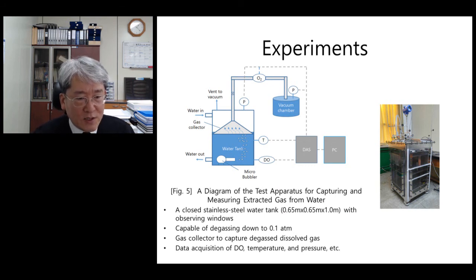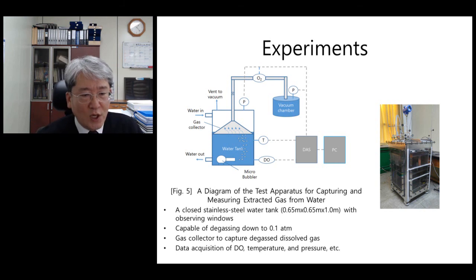Figure 5 illustrates the test apparatus used for the present study. It is composed of a sealed water tank with a gas collector inside and two large observing windows. The pressure inside the stainless steel cased tank can be controlled down to less than 0.1 atm. For the present study, we lower the tank pressure by vacuuming out the air inside and generate vapor bubbles through